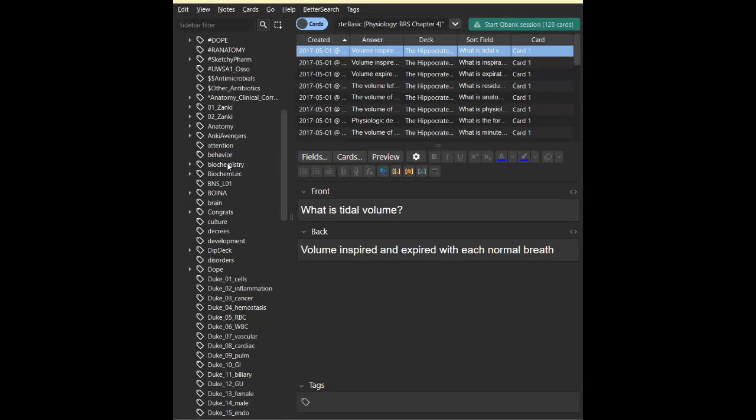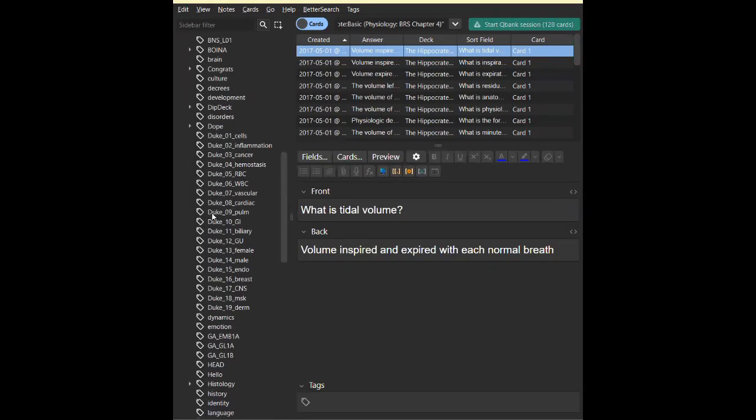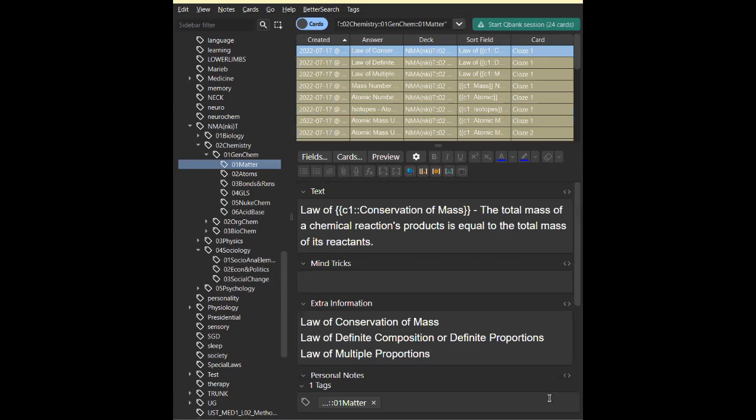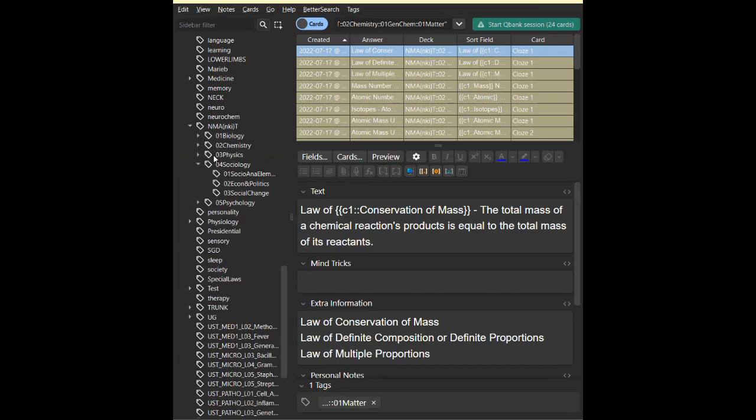Yes. Now you might be weirded out with, for example, how some of the tags look like. Let's start, for example, here. Why is that NMAT Anki::02 chemistry::01 Gen Chem::01 matter? This is just the hierarchy. It's just a certain code. There's a hierarchy. So let's say, look here, this tag NMAT Anki, and then under that there are multiple. So there is biology, chemistry, physics, sociology, and then under that there's Gen Chem. So that :: is just signifying a child. So these are children, right? And this is the parent. So there's a parent tag, and then the children. So that's just to separate.